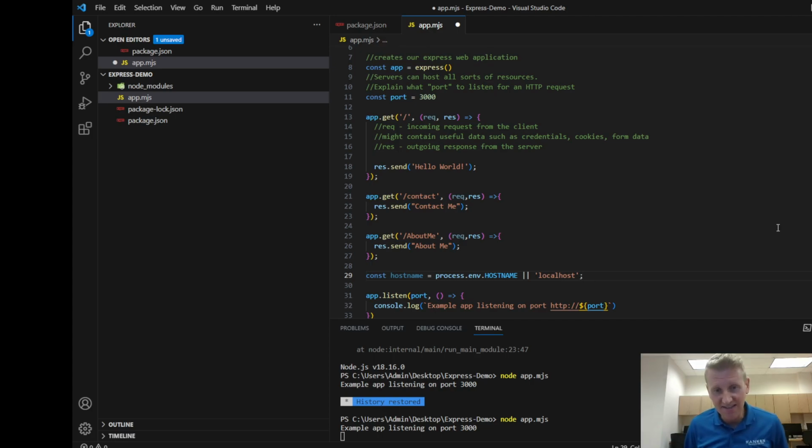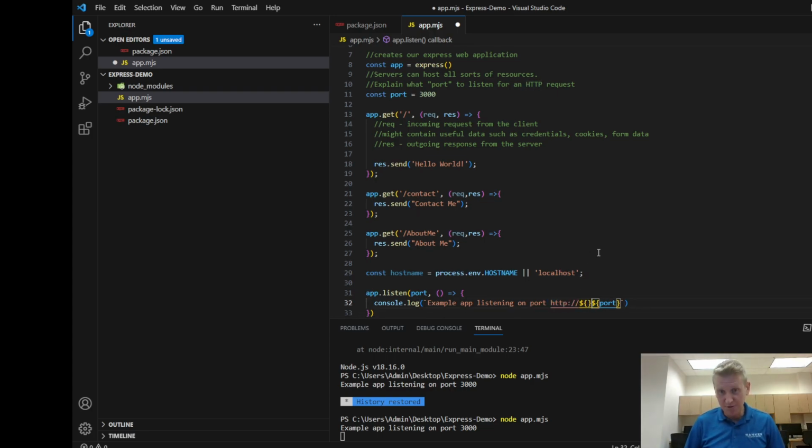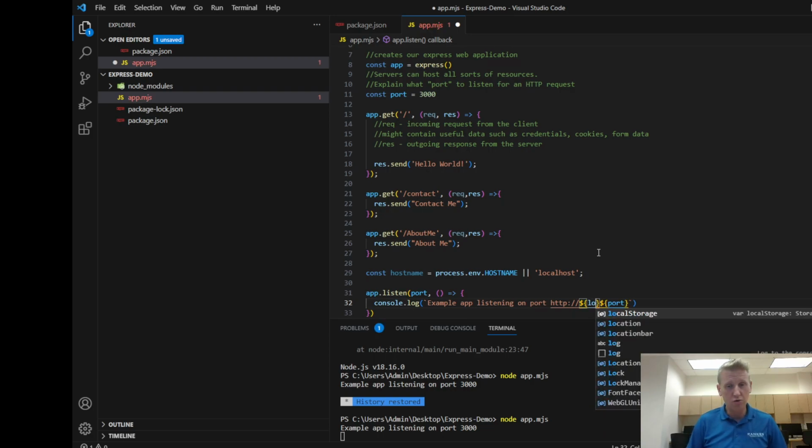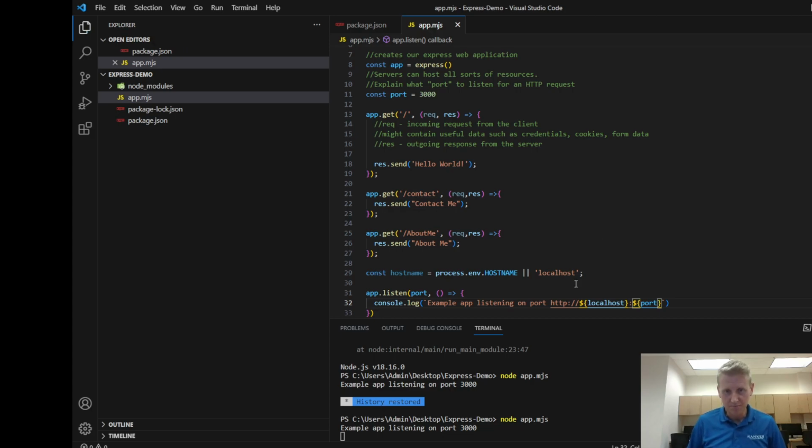So you can see this is foreshadowing. We're going to have an environment variable called hostname, but if it doesn't load out of the environment variable, it's going to load localhost. And so now our link is going to go to http:// let's put in localhost: port,